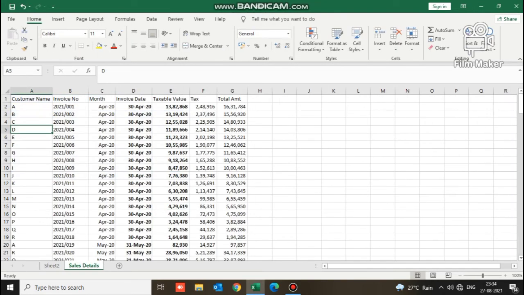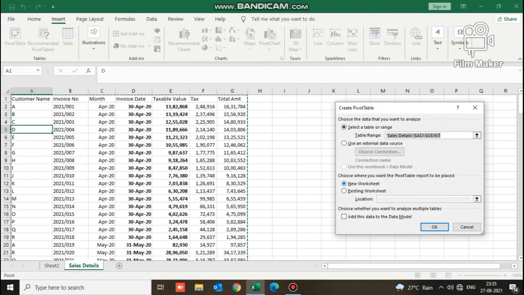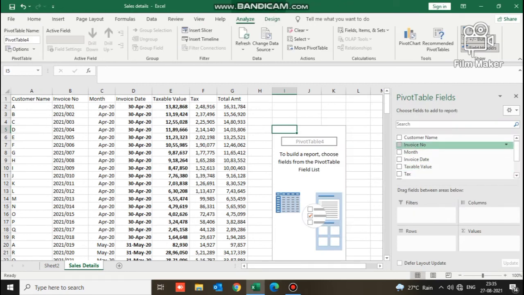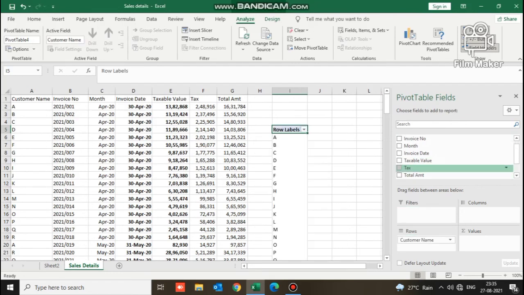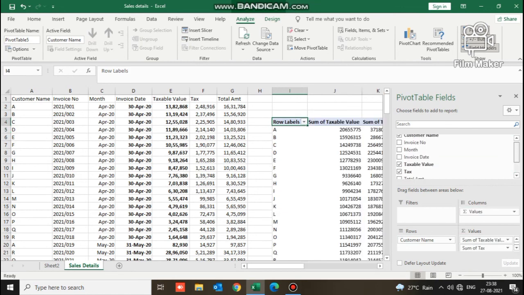Next option is if you want pivot table in the same sheet, go to source data, keep the cursor in the data and then go to insert and select pivot table. In the create pivot table, instead of new worksheet, select existing worksheet and click the cursor in location field and select any cell in the worksheet and then click OK. You can now see the blank pivot table with fields option in the same worksheet. Follow the same procedure as explained earlier to get your required report. Let me show you the same process now.